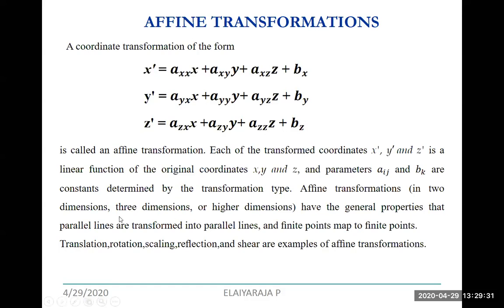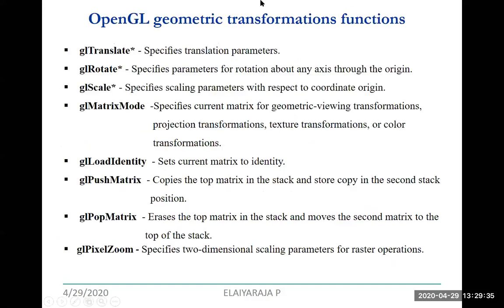Next, a few OpenGL geometric transformation functions, where glTranslate specifies the translation parameters,